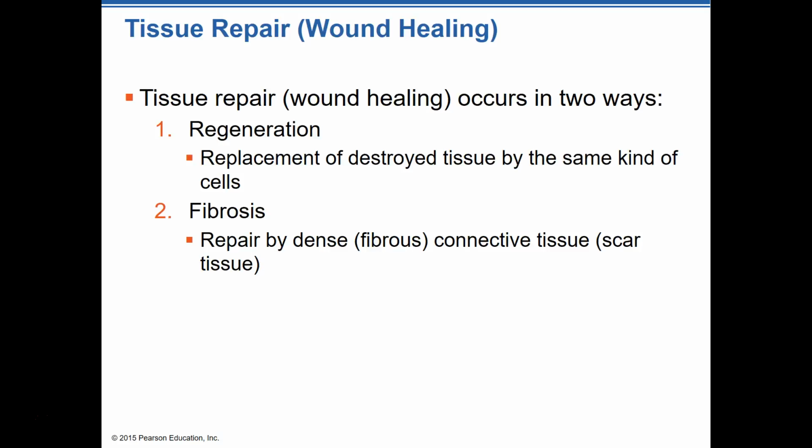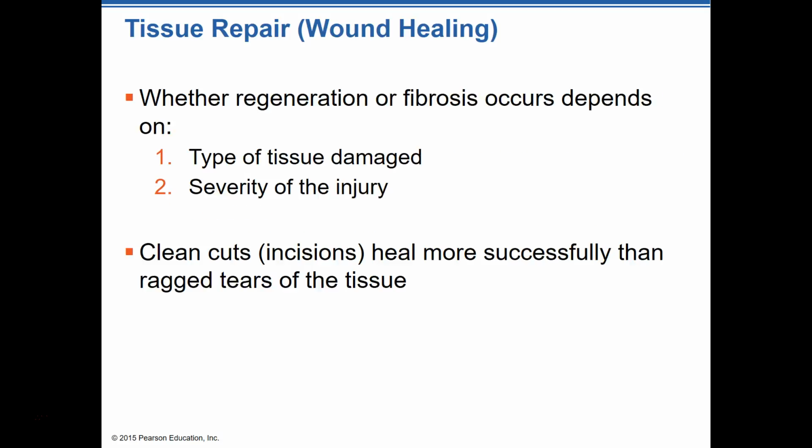Our body has a great ability to repair. Cells can regenerate. As we looked at in the video of mitosis, he talked about how it's essential that our cells are able to regenerate and rebuild and repair. Otherwise, we wouldn't be here, or we wouldn't last that long if the body couldn't regenerate and repair itself. Regeneration is the replacement of tissue. Fibrosis is the repair of dense fibrous connective tissue.